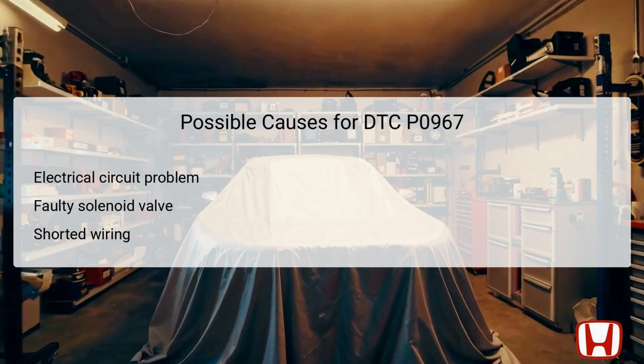The DTC P0967 can arise from several specific causes that warrant careful consideration. The primary issue is an electrical circuit problem, indicating that somewhere in the wiring or connections, there is a malfunction preventing proper voltage from reaching the solenoid valve. A faulty CVT-driven pulley pressure control solenoid could also be the source of the error, indicating that the valve itself